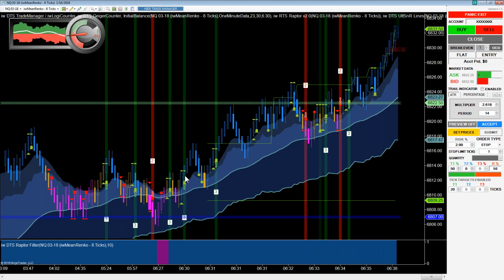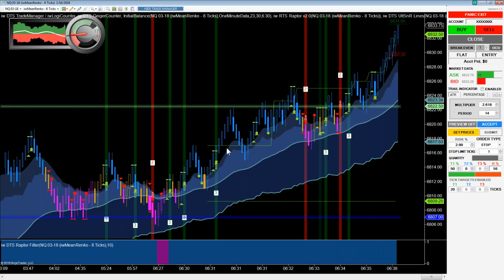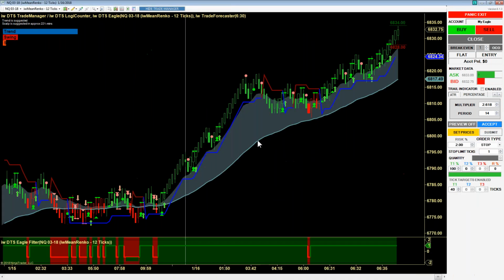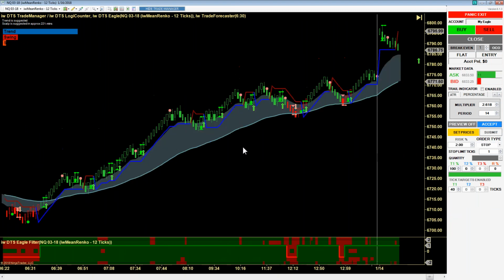So here the Raptor, on the opening bell, produced a with-trend signal, a couple of back-to-back with-trend signals. And you can see they have very nice follow through. It's the same signal here on the Eagle. If I go back a couple of days, well, we'll ignore yesterday, but you'll see, and this is something you